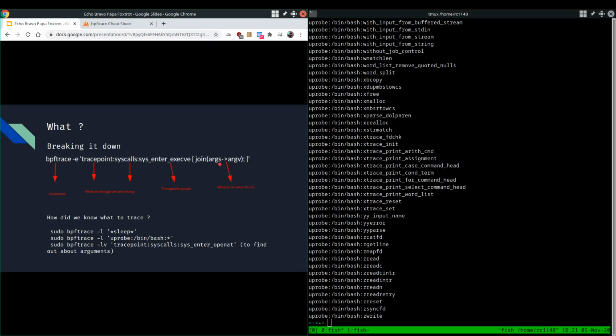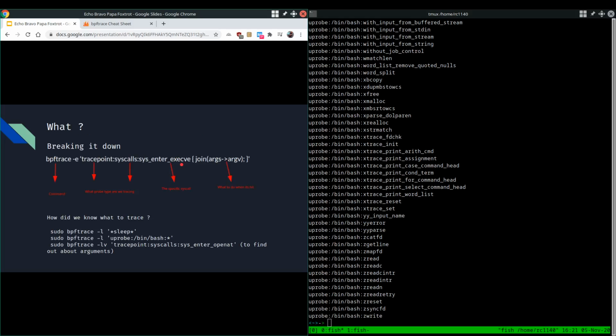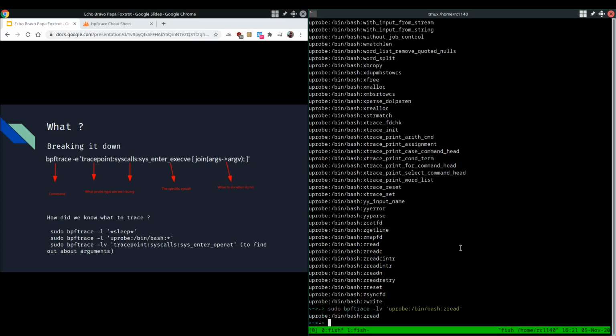Now, in this example as well, let me just check my next slide here. We've got this join and then args and argv, right? But how do you know what parameters are available for each of your function calls? To do that, you use the -v parameter and you provide a probe that you want to query. So if we look at zread here, okay, so you need to actually provide a kernel trace, not a